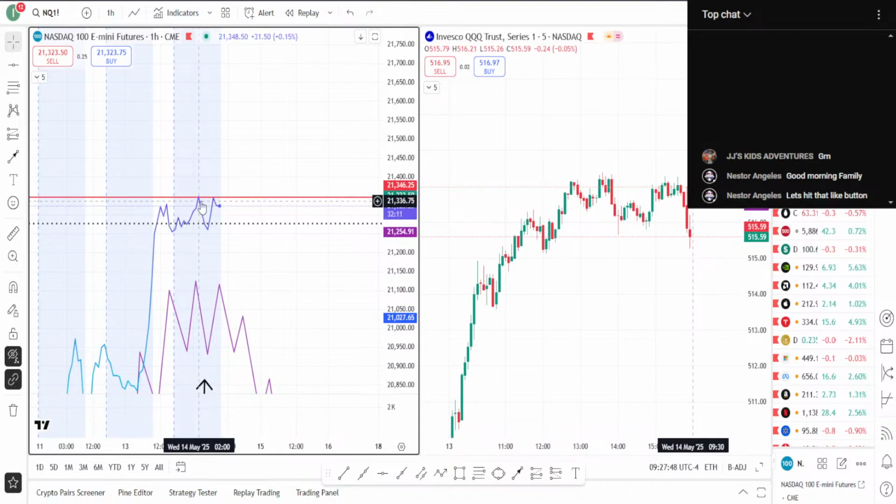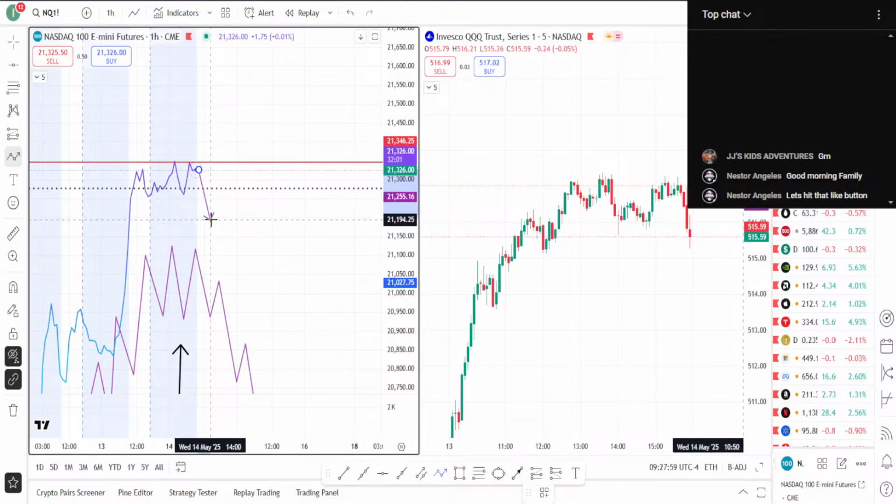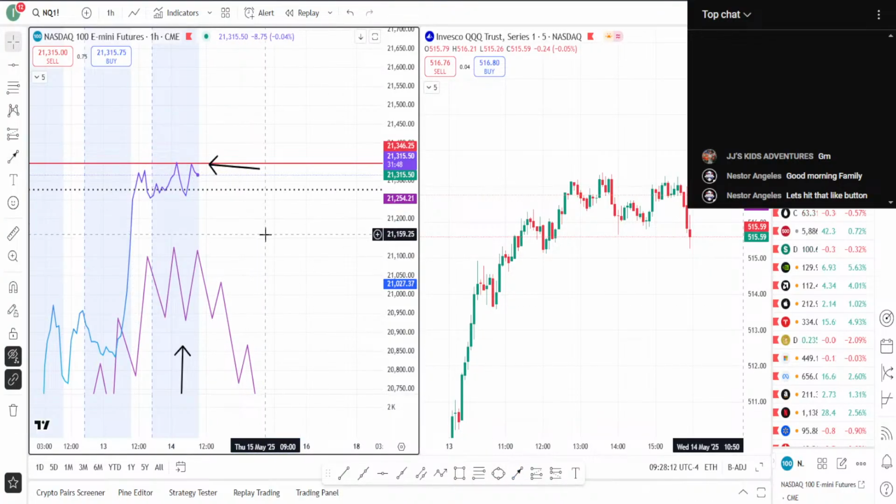So I'm expecting this to probably lose some strength here as we go higher. Maybe come down to these lows, and then we can see it move higher for the day. But if we open at the highest point, open up here at the highest point,